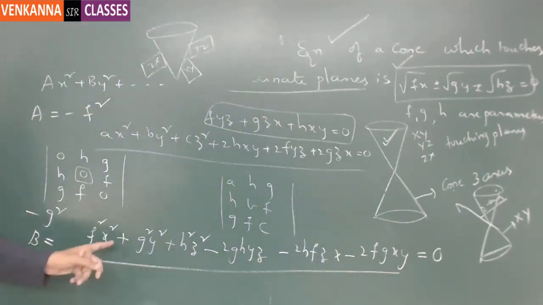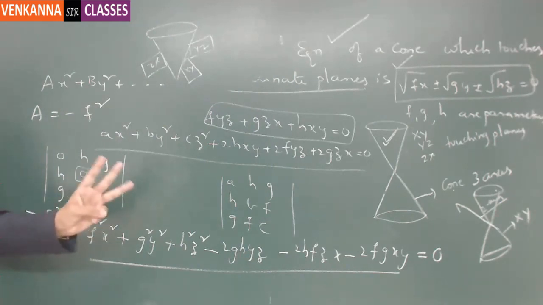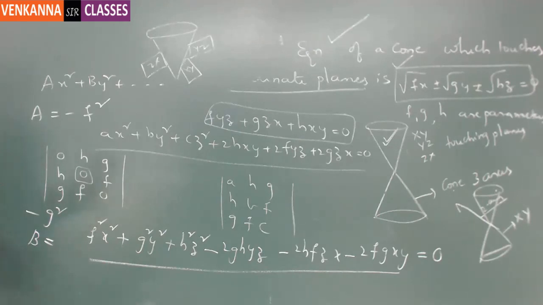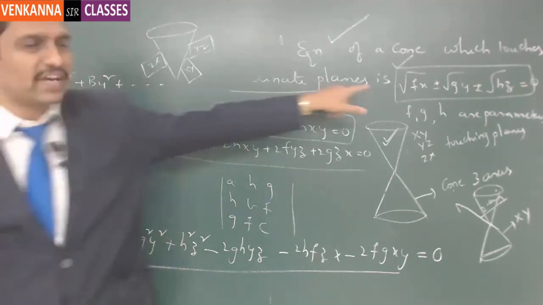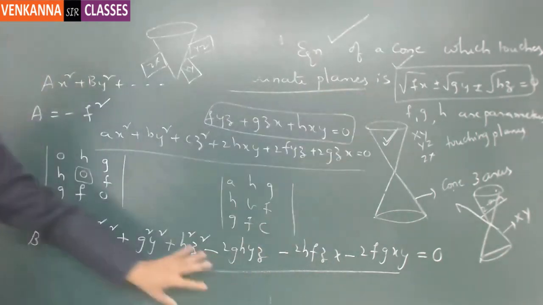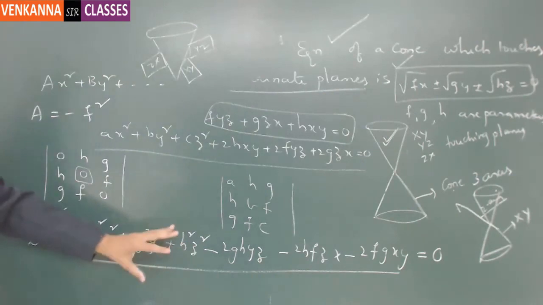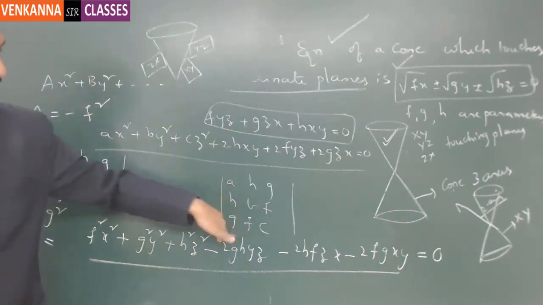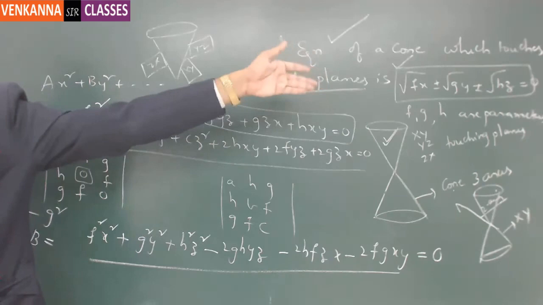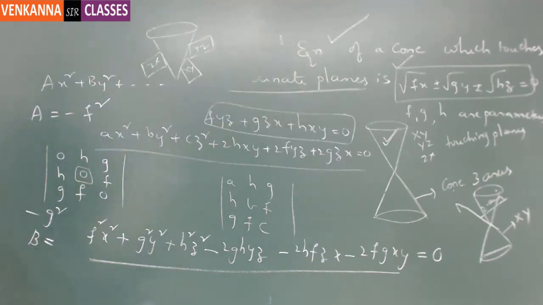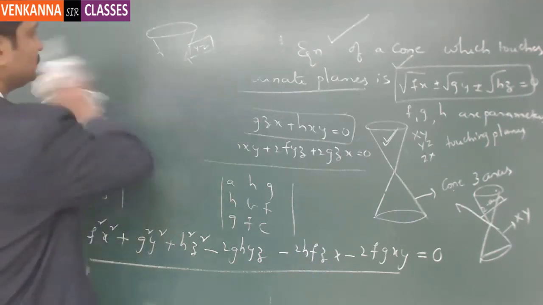So this cone is touched by the three coordinate planes. Now actually, in the problem, the solution is a little different. This is the actual equation, but the solution is given like this. So if you do some adjustment in this equation, you can convert it into that form. Is the overall idea clear for everyone? Why we are calculating the reciprocal cone and how we are solving it? Okay. Now let us simplify this part.